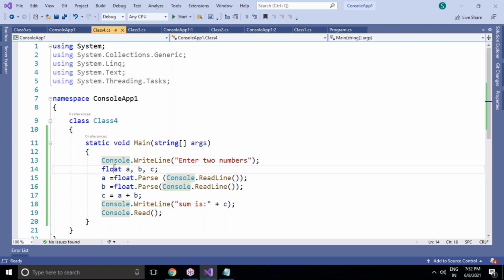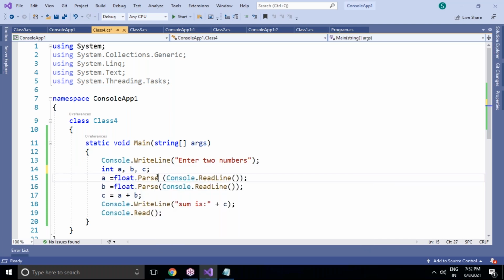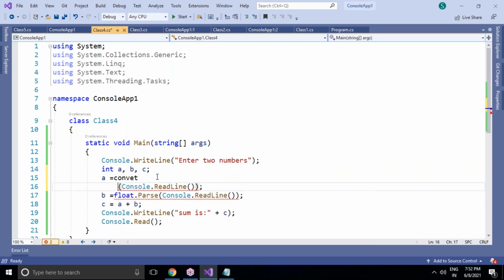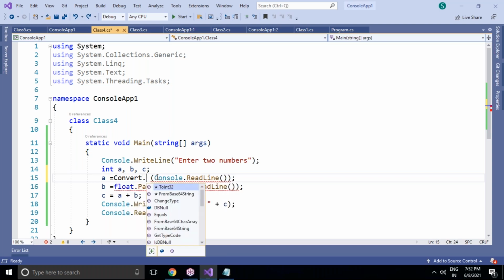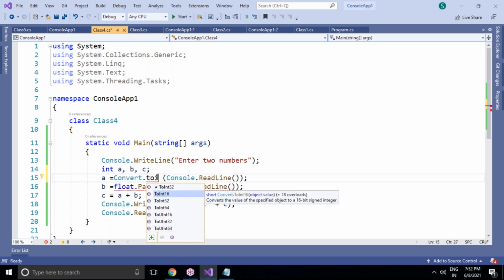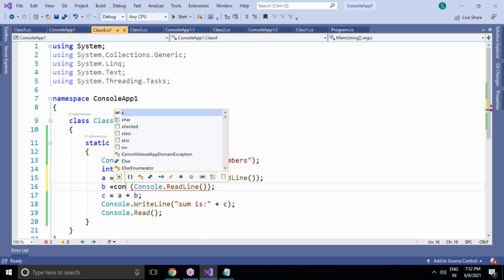So let's go for the same again. I'm applying the Convert.ToInt method only. So what is the difference between Convert.ToInt16, Convert.ToInt32 and Convert.ToInt64? There are different things. Okay, 16 is there, and I'm also taking Convert. It is just because of the range of values. Okay, what is the range? I will also tell you clearly.